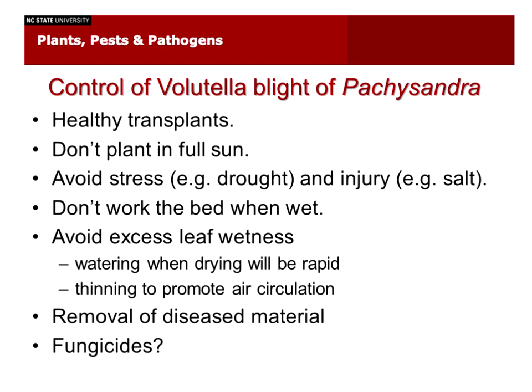And avoid excessive leaf wetness by watering when the drying will be rapid, and thinning the bed or plants around it to promote good air circulation and rapid drying of the leaves when they do get wet from rain or irrigation. Remove the diseased material when you do start to see it, and again with a question mark as to whether fungicides would be